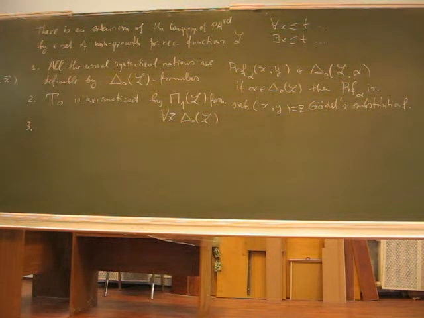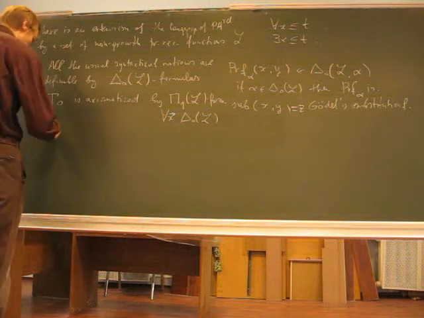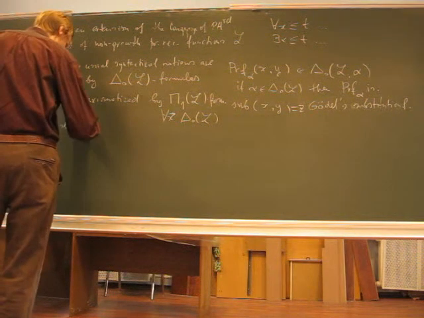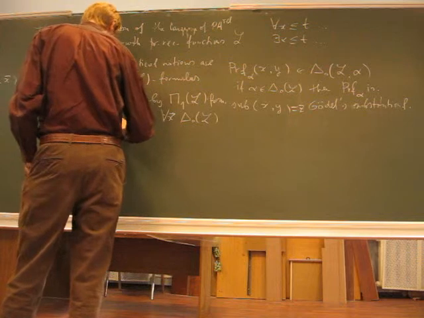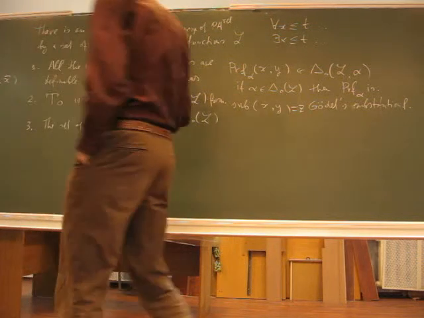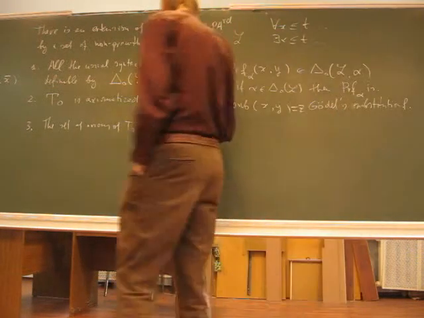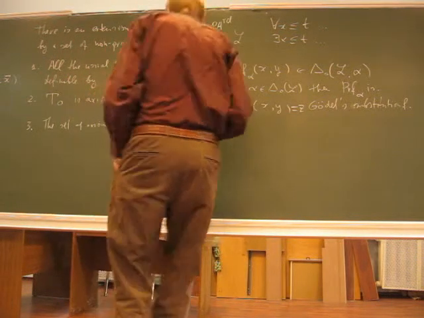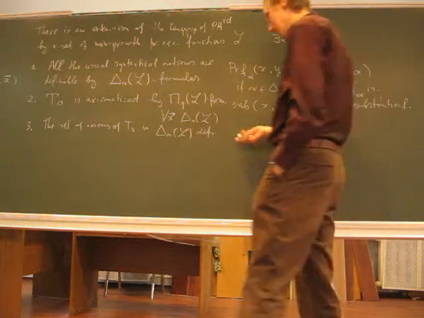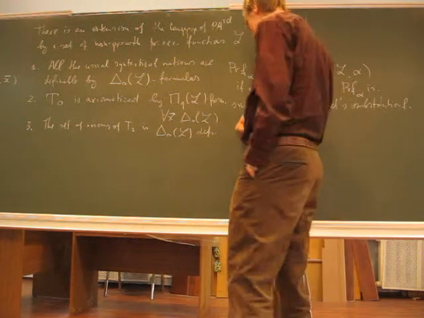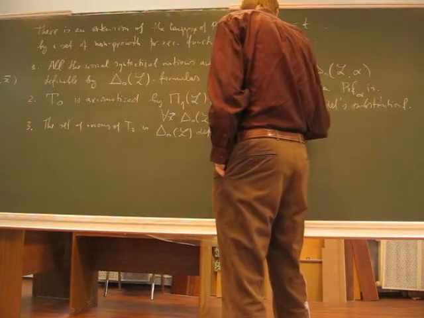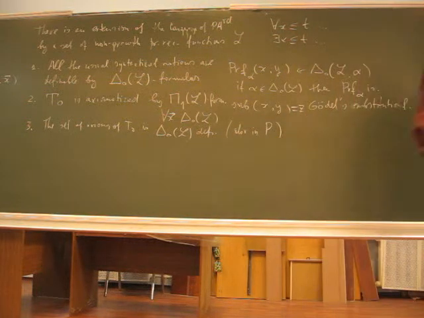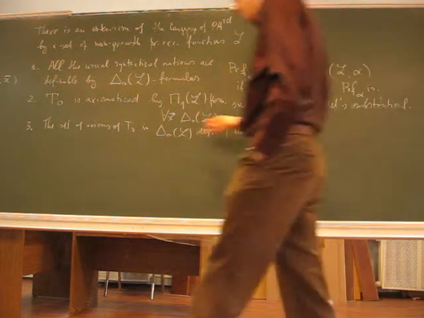Okay, so T0 is axiomatized in this way, but the set of axioms of T0 should of course be Delta 0 definable, as it should be. But it is also, I would say, in P. If you question whether functions there are too complex or something, of course it will be quite constructively given. So that's the third requirement.